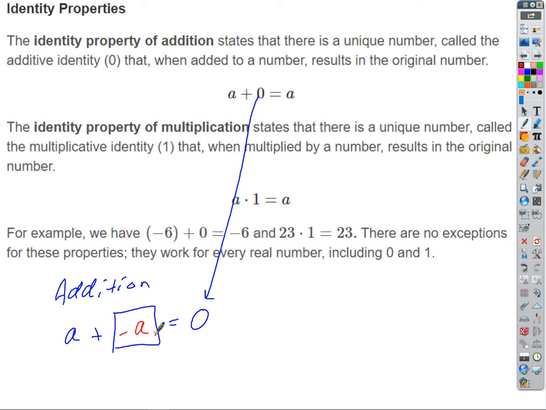So what's our word for that? If A is 3, what's negative A? Negative 3. So its inverse would be negative 3. If A is negative pi, what's its inverse? Pi. So what's a more specific word for that? Opposites. Additive inverses are just opposites. Okay? For multiplication,